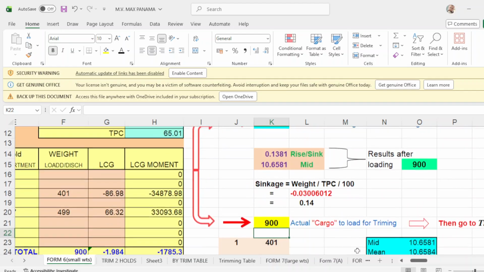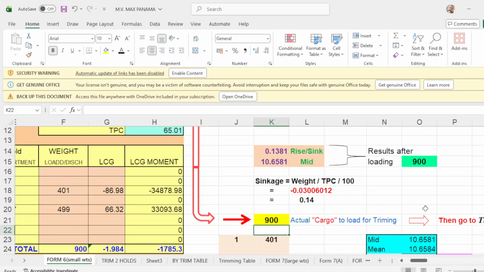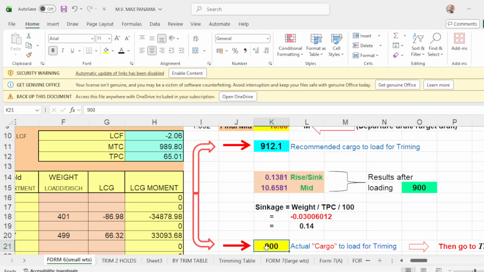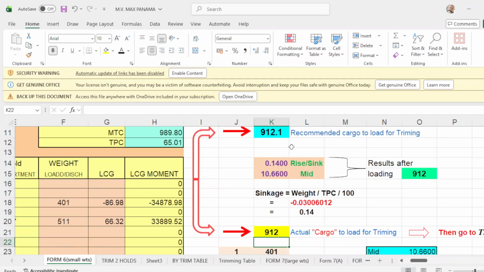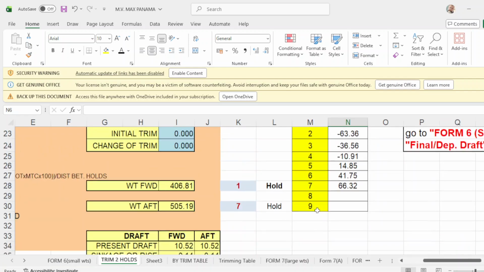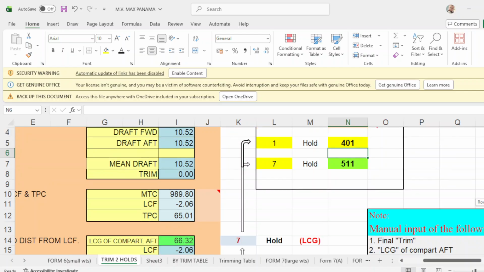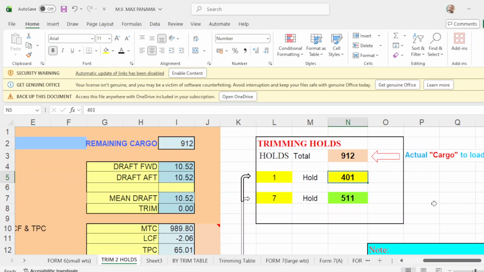Now if we put 912, you have exactly the same figures here. How much are we going to load in number 1? 407.